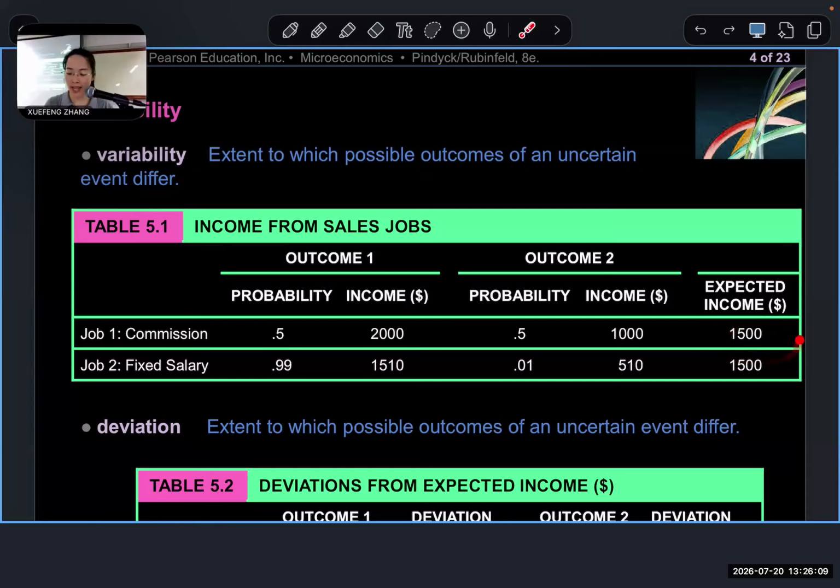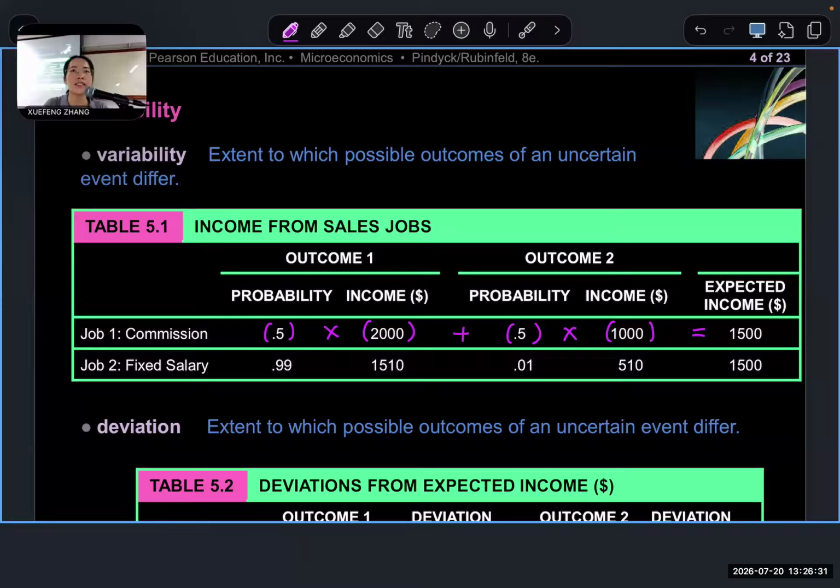Okay, so how do we calculate the expected value here? Basically, you use the probability 0.5 times 2,000 plus outcome 2. The probability is a half again, and then you times 1,000, you'll get